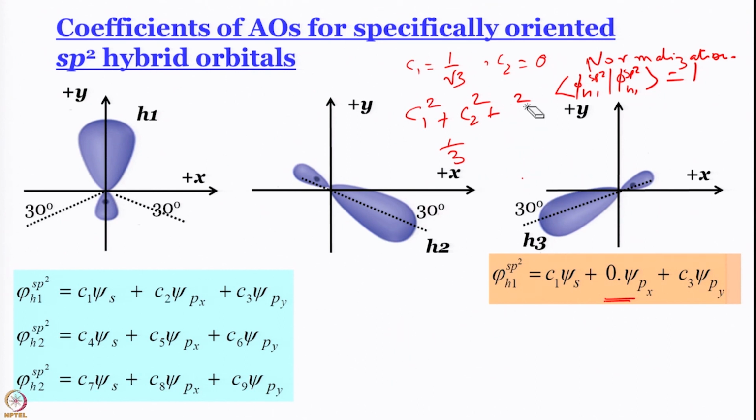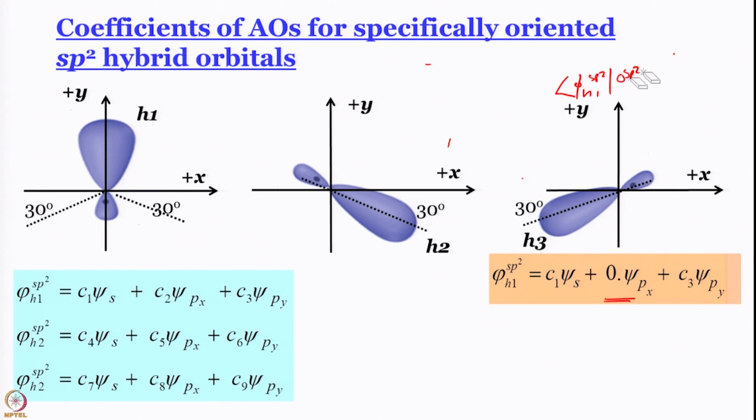Hold on to the thought, the question that we had raised, that in the first orbital we are mixing one s orbital and one p orbital. So, is that sp hybridization? And we said no, the hybridization is still sp2. How did that happen? Actually, I have answered the question already, but I have not told you that. We will come to the answer, but by then see if you can figure it out yourself. See if you can convince yourself that it is really sp2 and not sp. Meanwhile, we will go ahead and we will write the expression for psi h2.